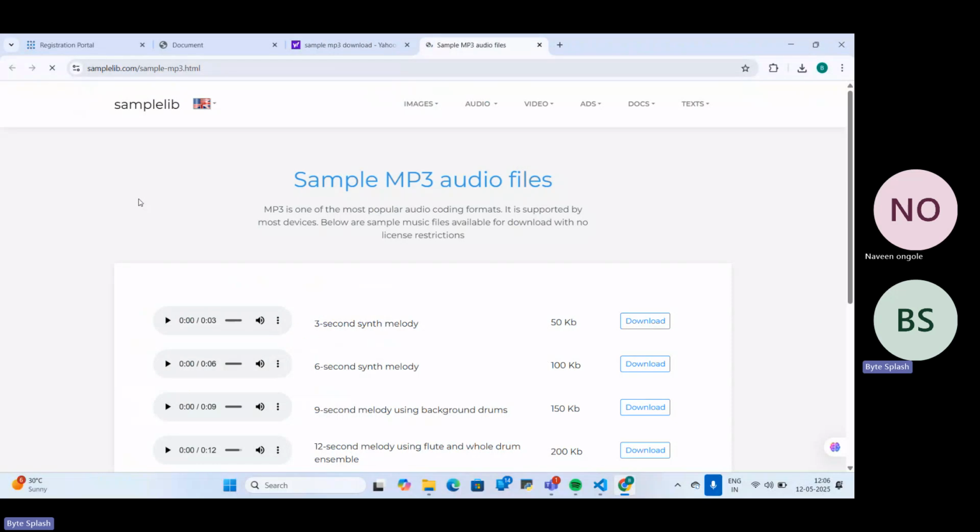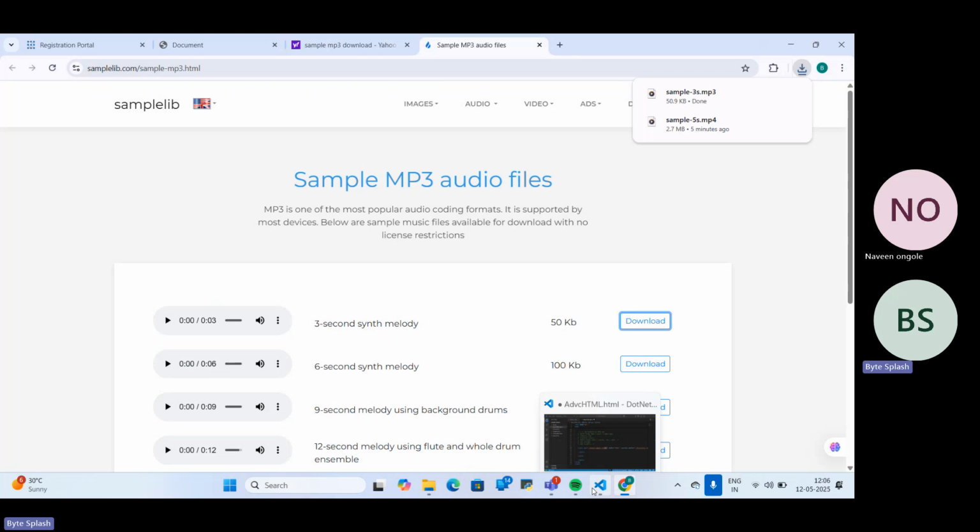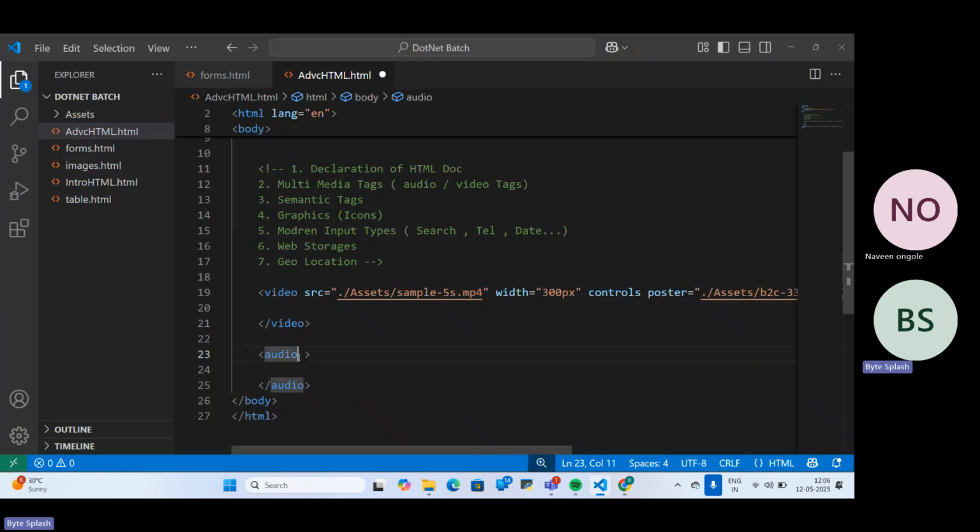There will be different extensions, not only mp3 and mp4. We just need to load the respective things, then only it will support. You are not able to load PNG or JPEG here. It will never ever work. Similarly, for audio, you need to load